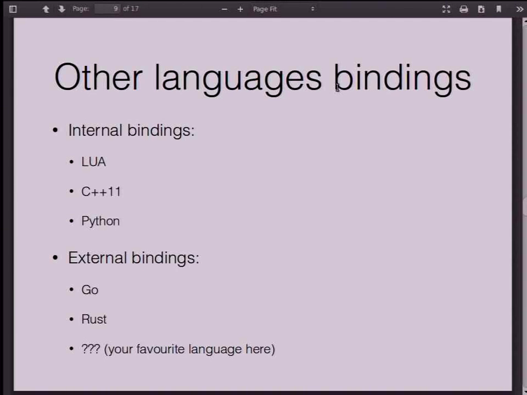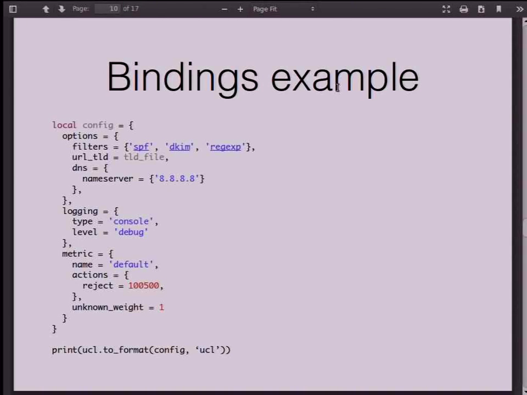Also, there is a binding for PHP, and I think that's all. I've not heard about other bindings. So, for example, here is interaction between UCL and Lua. A table is defined in Lua that includes many options, and afterwards it is converted to UCL configuration